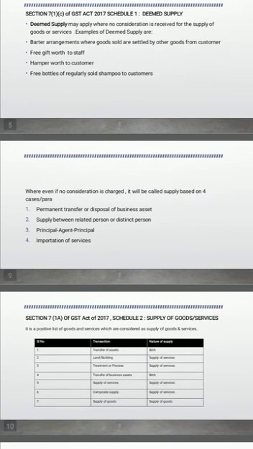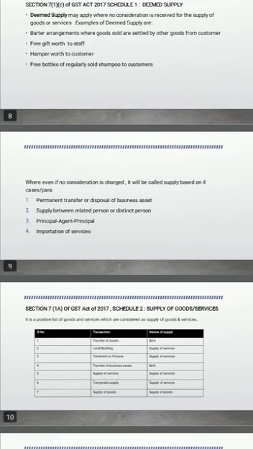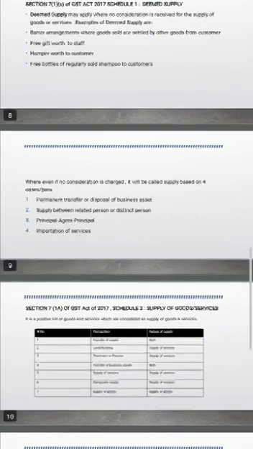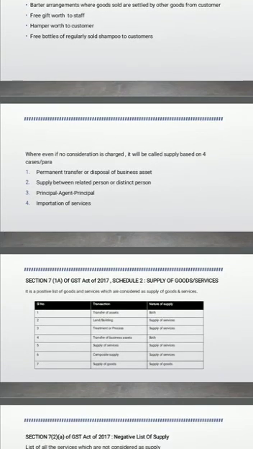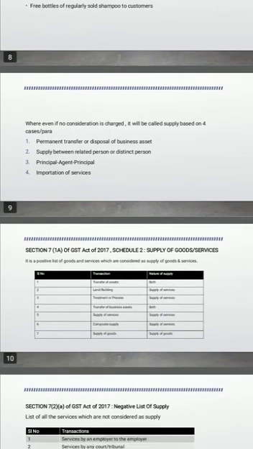Next is principal agent principle. The principal is nothing but the owner. Agent refers to the broker. When the supply is done between these two parties without consideration, it is also considered as a supply according to the GST Act. Importation of services, when the services are imported from the other country or the other state without consideration, it is also considered as a supply according to the GST Act. Next,